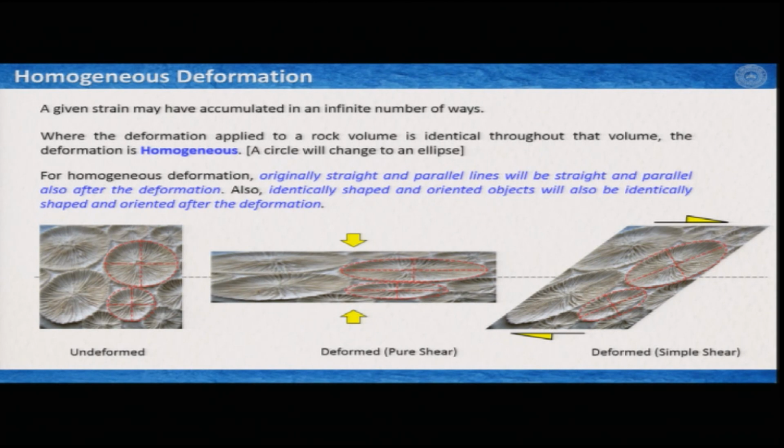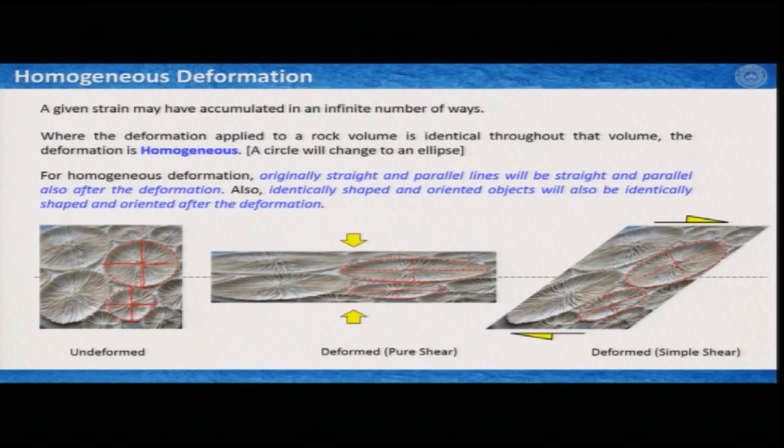So here are some examples. We have an undeformed object here. I just took a photograph and then marked these circular features in this image with some circle, and then made two diameters which are perpendicular to each other. Now I compressed this using a computer program, and then I see that it remained deformed, keeping the volume of this area constant. So it is a volume constant deformation,